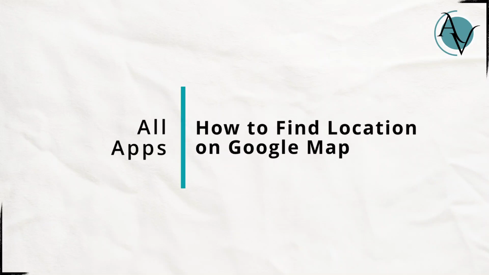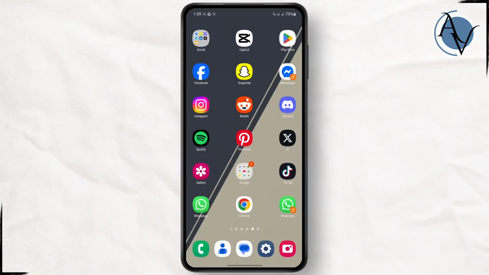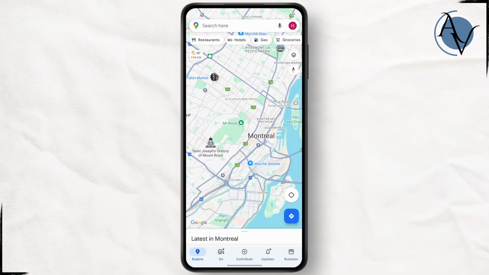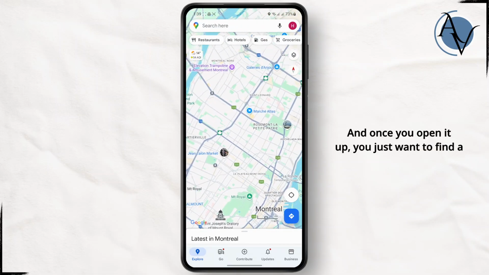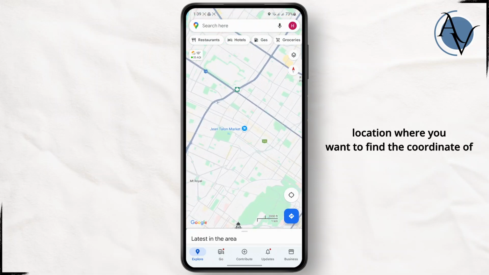How to find location on Google Map. First thing you do is go ahead and open up your Google Maps app. And once you open it up, you just want to find a location where you want to find the coordinate